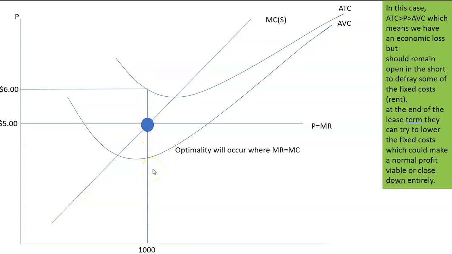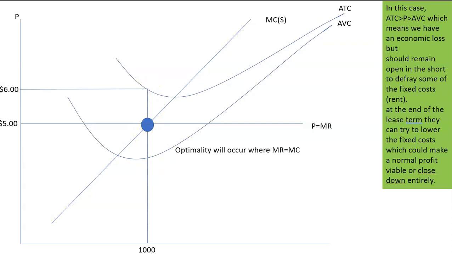In the short run only, as long as we are covering our variable cost, we will generally stay open, because it will cost us more to shut down, likely due to things like leases and whatnot. I actually have another video posted to this channel about the shutdown rules. So this is an example where they'll wait till the end of the lease